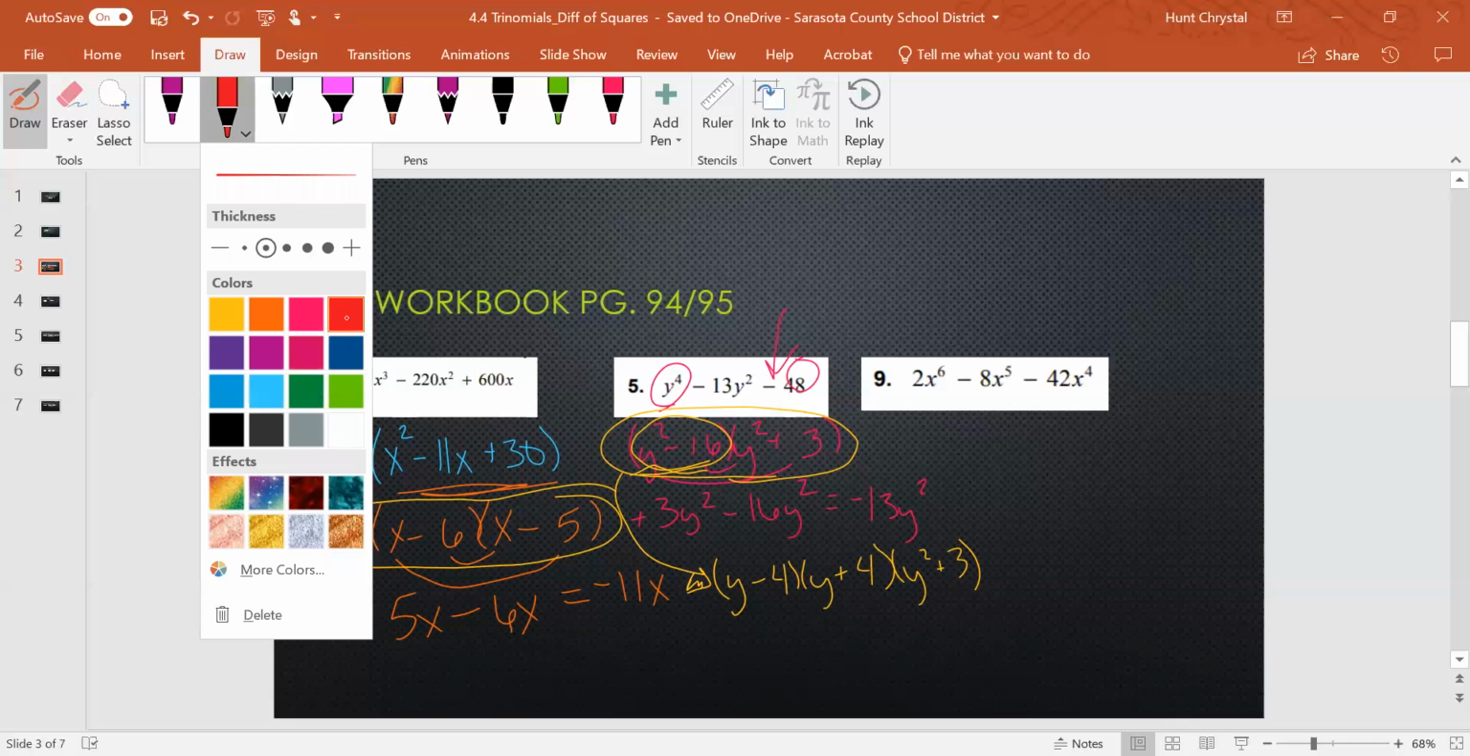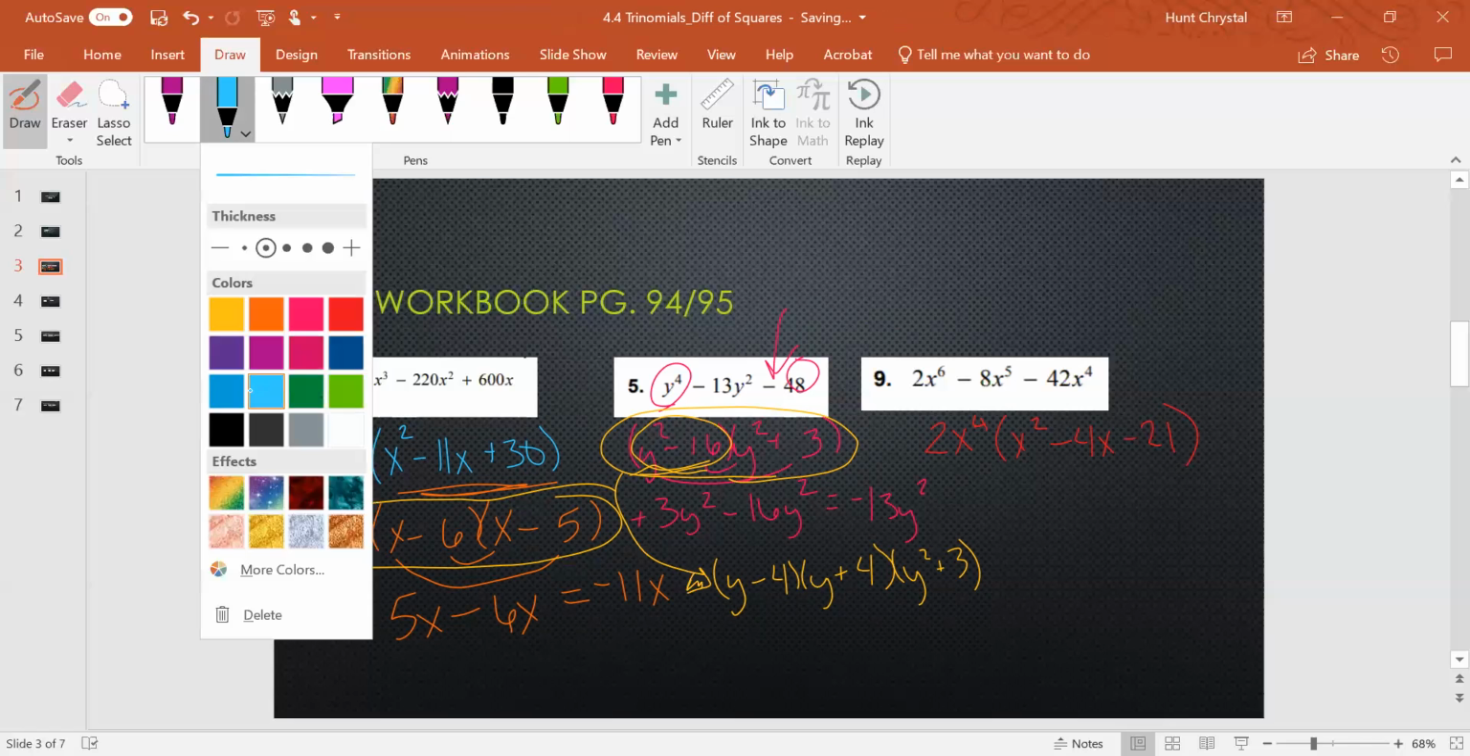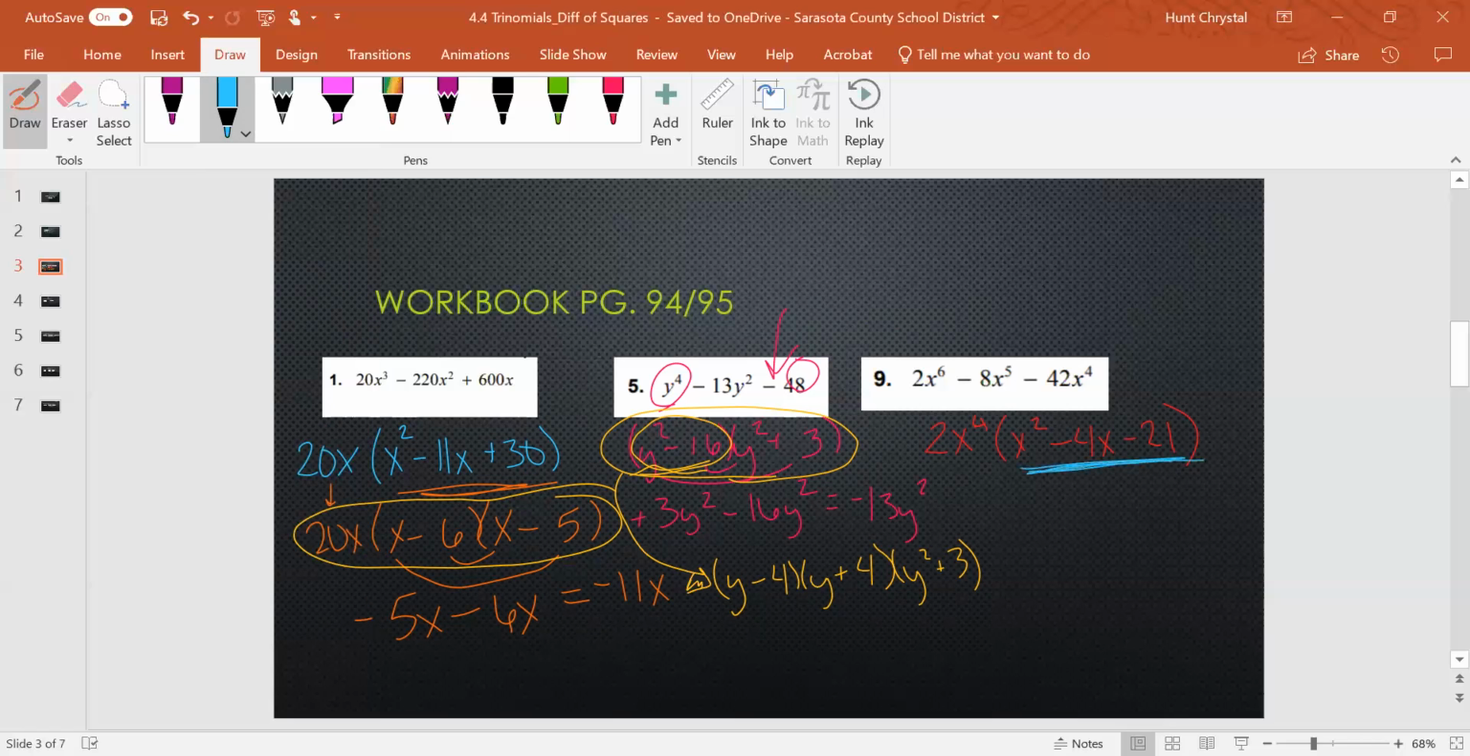So we're going to take out, I noticed right away there's a GCF. There's a GCF of 2x to the 4th, it looks like. So if I take that out of the first term, I'm left with x squared. If I take that out of the second term, I'm left with 4x. And if I take that out of the last term, I'm left with 21, and that's it. Okay, and so what I want to do is focus on that inside part, and let's factor that using my